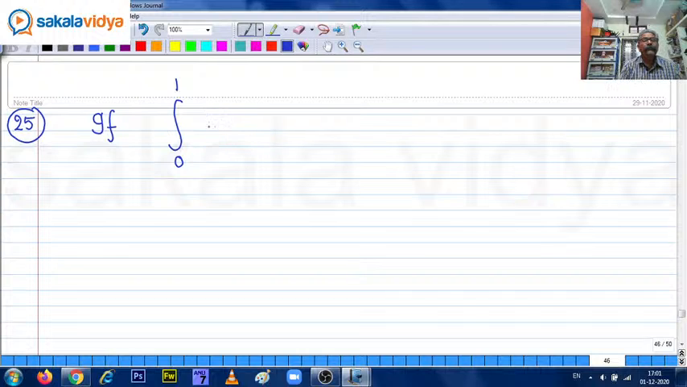If sine inverse 2x upon 1 plus x square, integral 0 to 1 sin inverse 2x by 1 plus x square dx